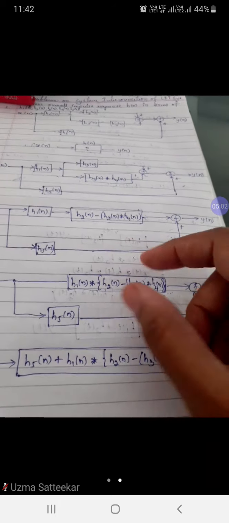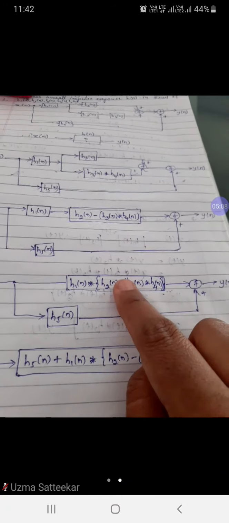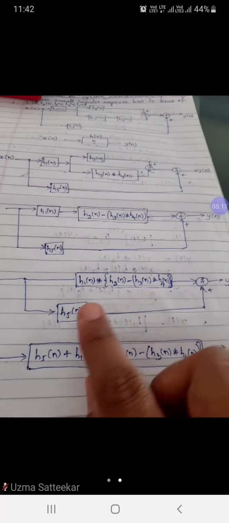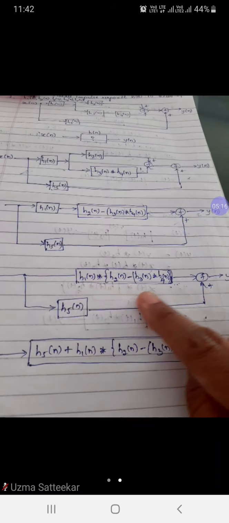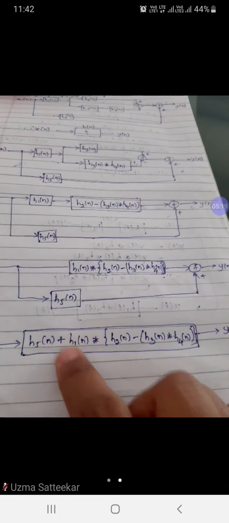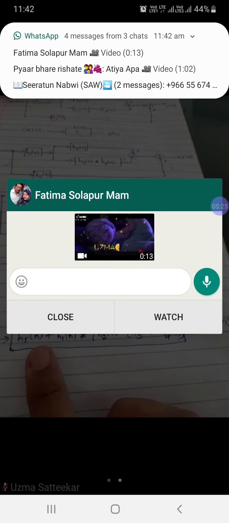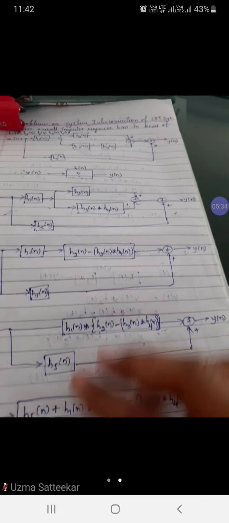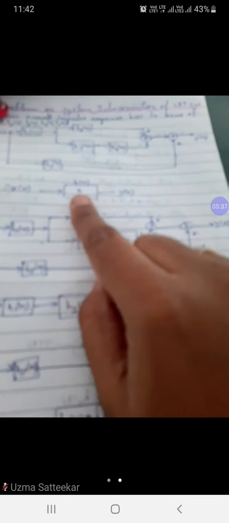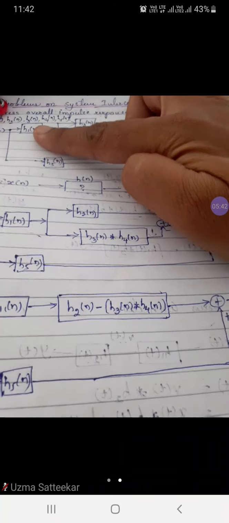After that, if you observe again, these two blocks are connected in parallel and they are getting added. Parallel means again we need to put the summation. So h5 plus the summation, and all the remaining part as it is. You can even put a square bracket here, just to differentiate. So this is how we reduce the block and represent our overall impulse response h of n in terms of all these h1, h2, h3, h4 and h5.